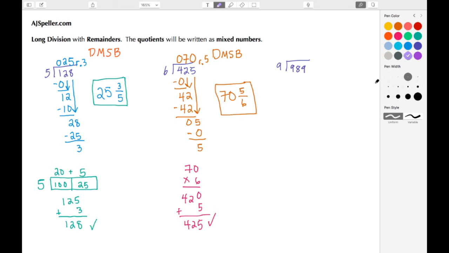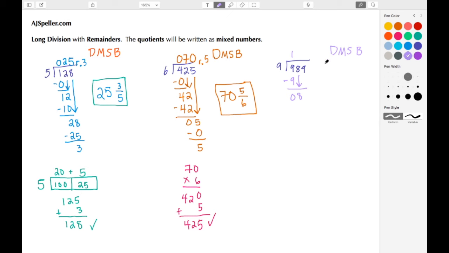And now moving on to our last question. We have to divide 989 by 9, and again, does McDonald's sell burgers, or divide, multiply, subtract, bring down. Well, 9 divided by 9 gives us 1, then we multiply. 1 times 9 to give us 9, then we subtract. 9 minus 9 to be 0, and then we bring down the 8.